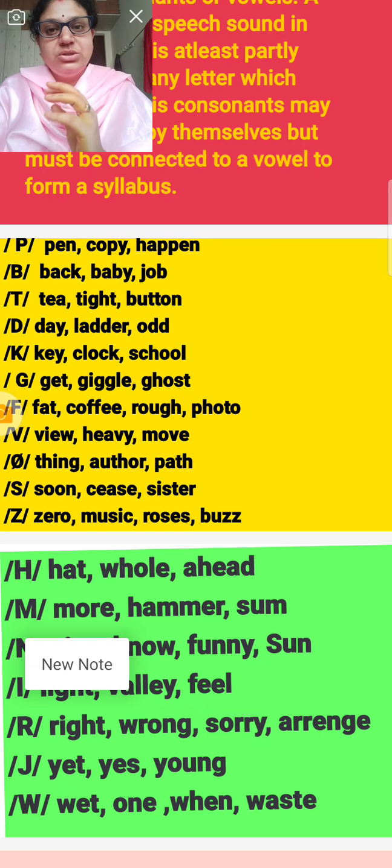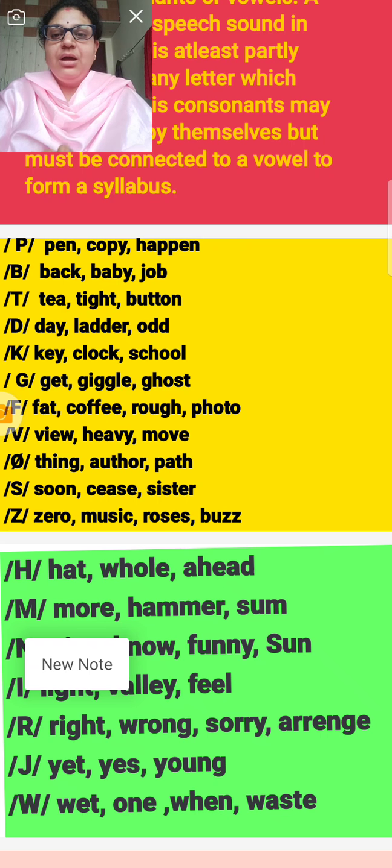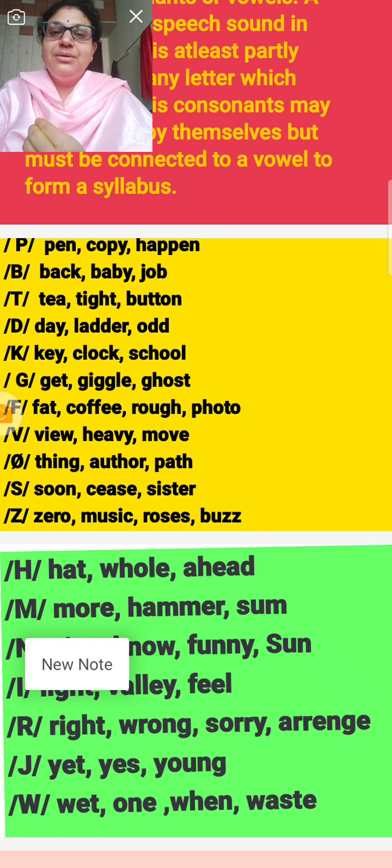That sound, the syllable, is called the phonetic. Back, baby, job, bag, bike, button, bat, ball.